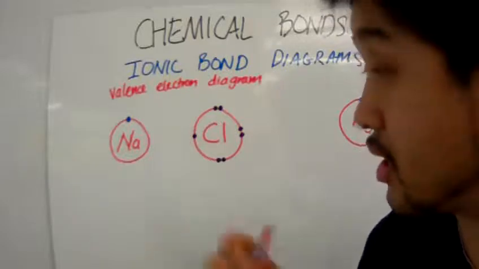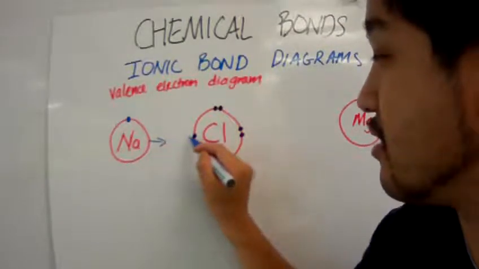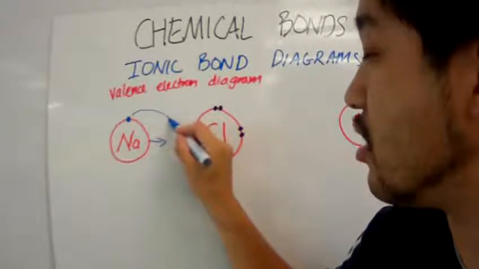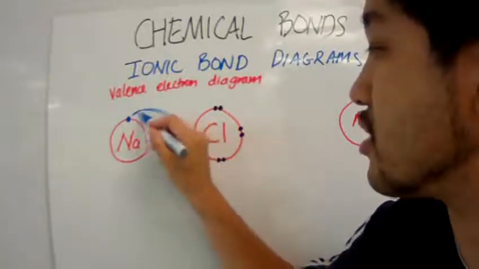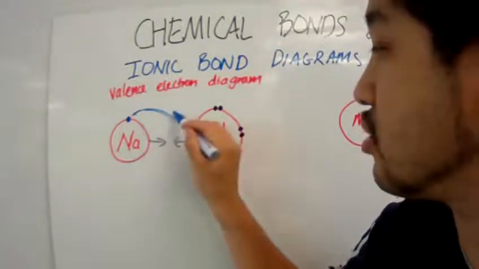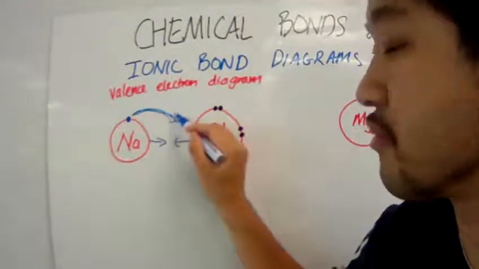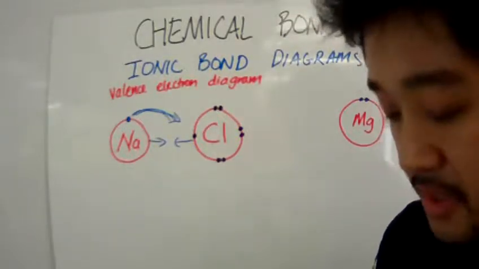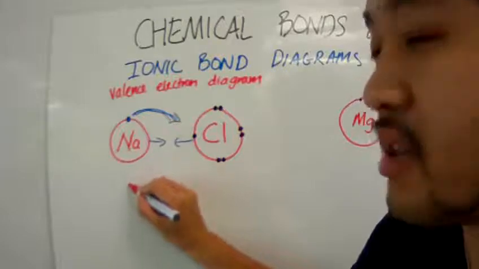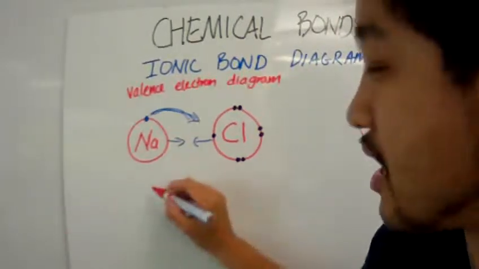And so when these two atoms come together with enough force, they collide, and upon collision, sodium is going to give out, so they're going to come and collide, right? And when sodium collides with chlorine, sodium is going to donate the valence electron to chlorine. And so what happens is that sodium is now an